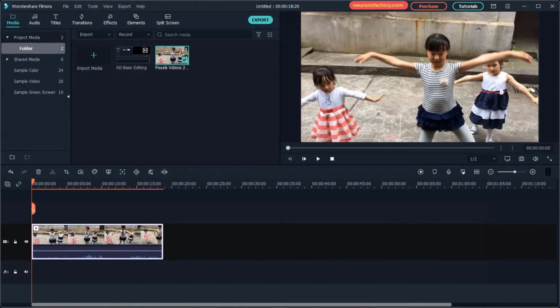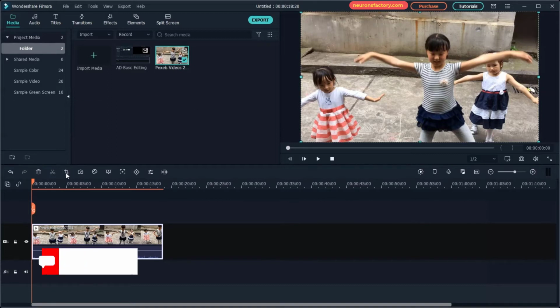Let's start our timeline preview with a glance at the icons at the top of the timeline. These two icons are undo and redo icons. We have already discussed the next two icons. These are used to delete selected footage in the timeline and to split the footage at playhead's location. The keyboard shortcut for splitting footage is Ctrl+B.